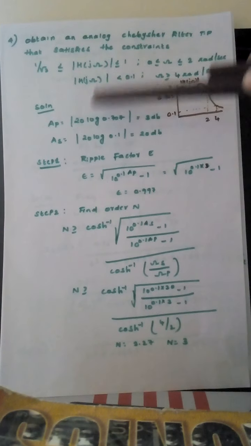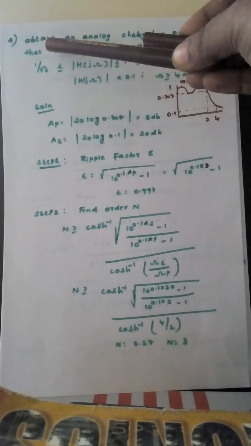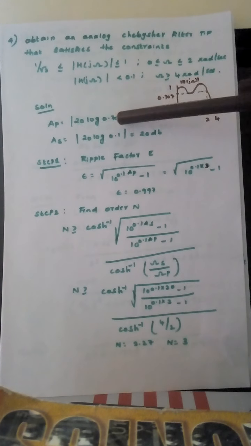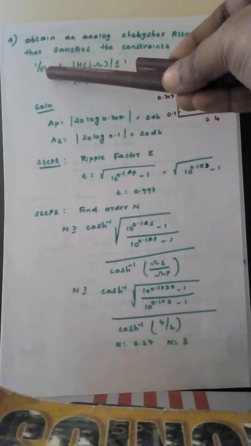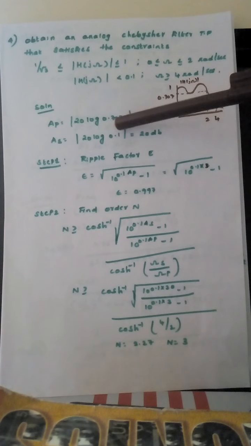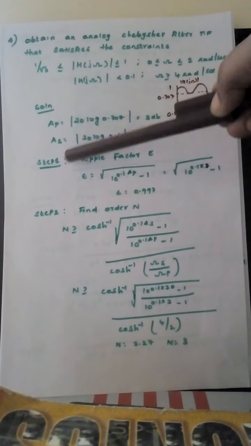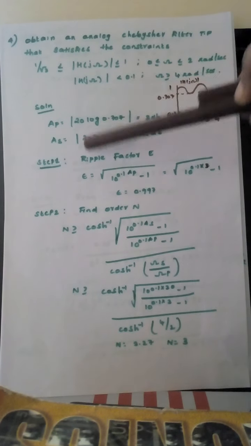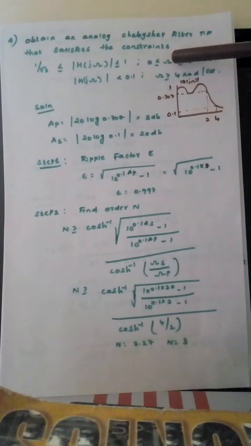So here they have given the AP value and AS. AP is not in decibel scale, so we are converting into decibel scale. AP will be equal to modulus of Kp. Again it is not in decibel scale, so we are converting: 20 log of 1 by root 2, not 1 by root 3. 1 by root 2 is 0.707, so you are getting 3 decibel. Similarly AS is nothing but modulus of Ks, so here it is 20 log of 0.1, so we are getting 20 decibel. Omega p they have given as 2 radian per second, and omega s as 4 radian per second.